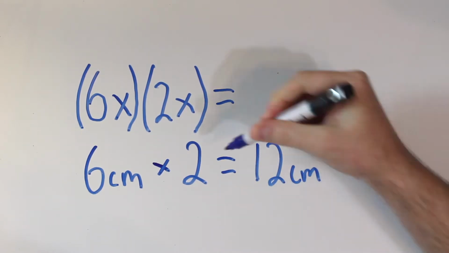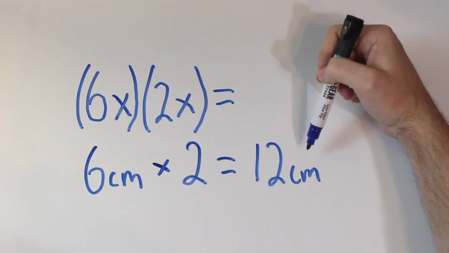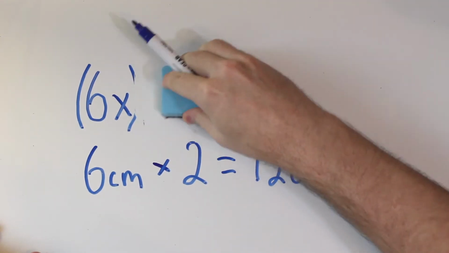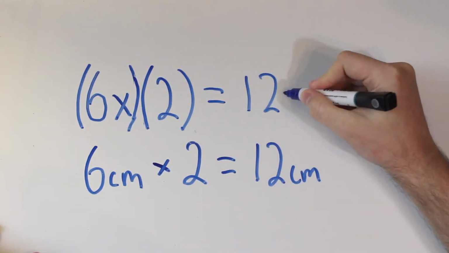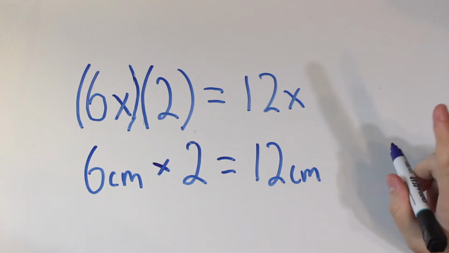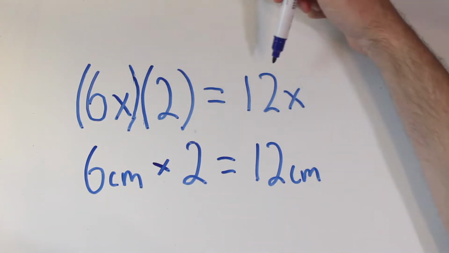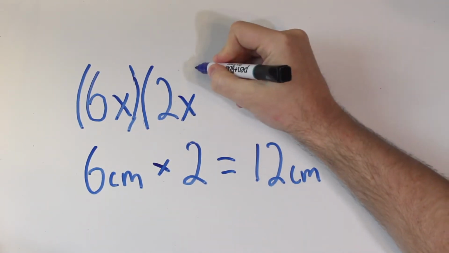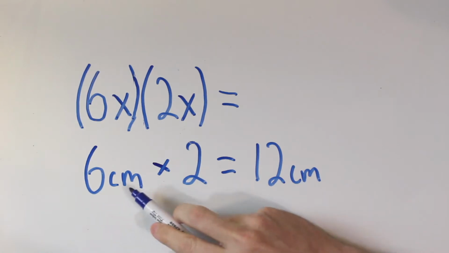So 6 centimeters times 2 would be 12 centimeters. That means that 6x times 2 would be 12x. But that's not what the problem says, is it? In the problem, we're not just multiplying by 2, which would mean doubling, we're multiplying by 2x. So we can't just think of 6 centimeters multiplied by 2, we need to think of 6 centimeters multiplied by